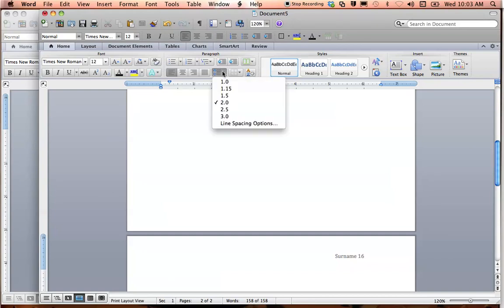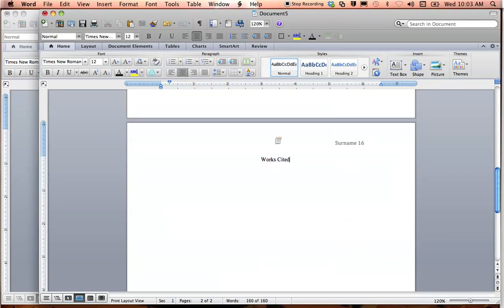I'm just going to check my spacing. Yep, it's still two spaces. So I'm going to center the title of this page, and that is simply Works Cited. You will not call it references or bibliography or anything like that. For MLA, it's just called Works Cited. Hit one return, and then you're going to go back to the left justified,